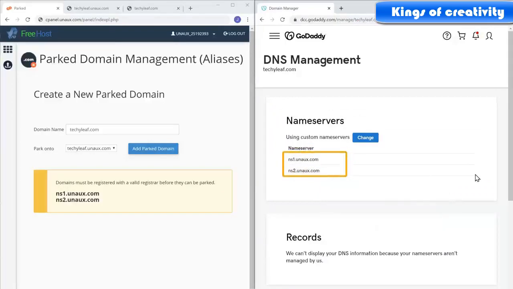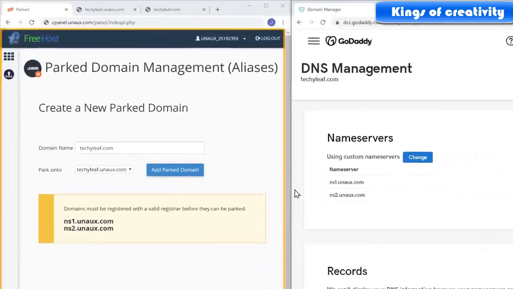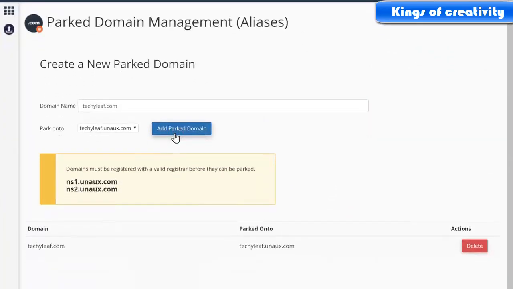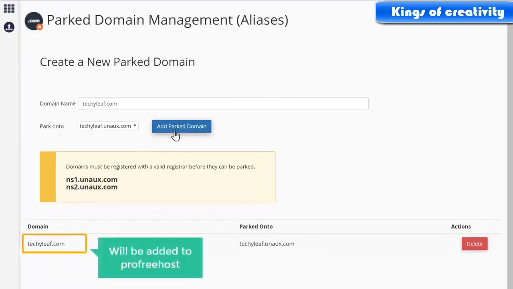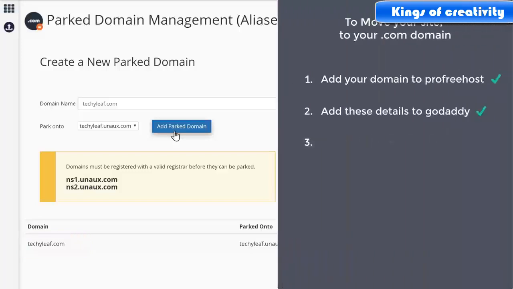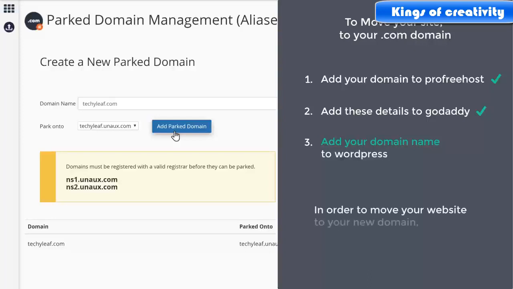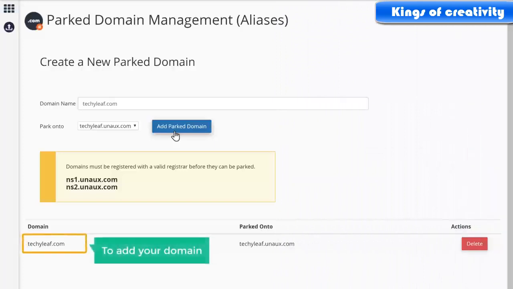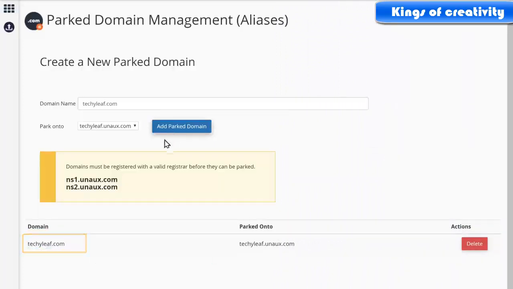Now once you've added these details, just go here and then click Add Park Domain. As soon as you click this button, your new domain will be added to ProFreeHost. So once you've added your domain, we can go to the final step, which is to add your domain name to WordPress. Now in order to move your website to your new domain, you need to add your domain to WordPress. So to add your domain, just copy this domain name